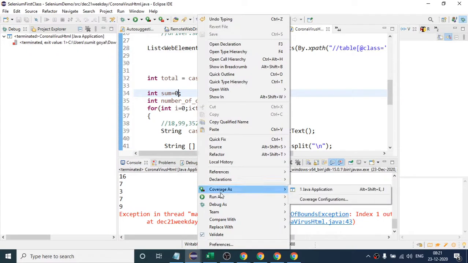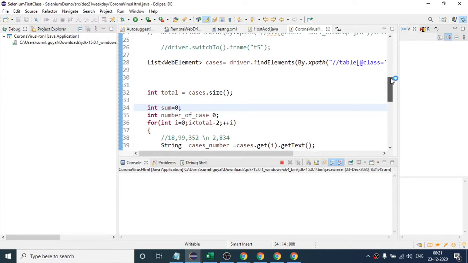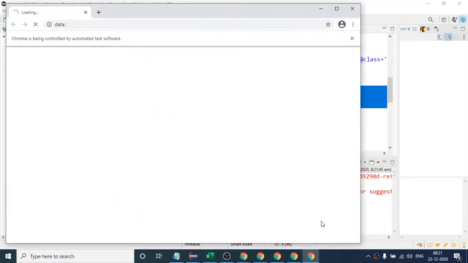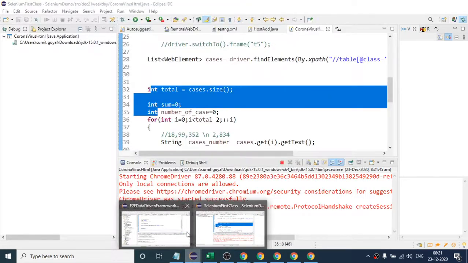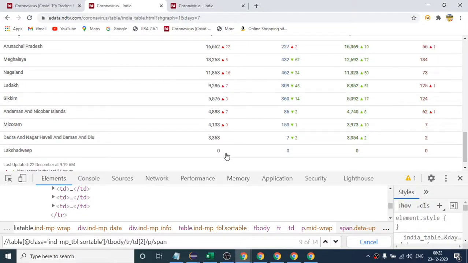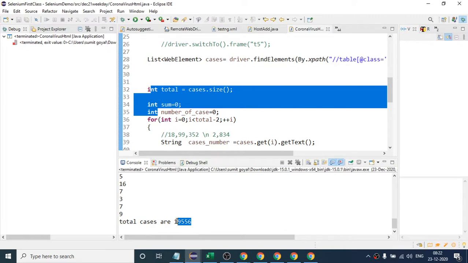But in real time, we never do this one, because we always need to modify our code. So either you can use this one or that one. If I change the for loop, it might be the case that after some days these two numbers will also come. If you have written the XPath, that XPath will also identify these two. As of now it is not coming, but if you have written the for loop like that, it will fail, right? So better not to modify the for loop. Again we got this, right? So this is how you can work with this HTML table.